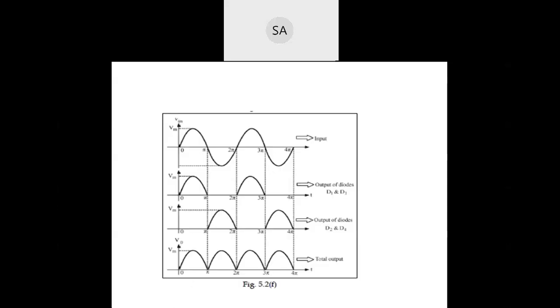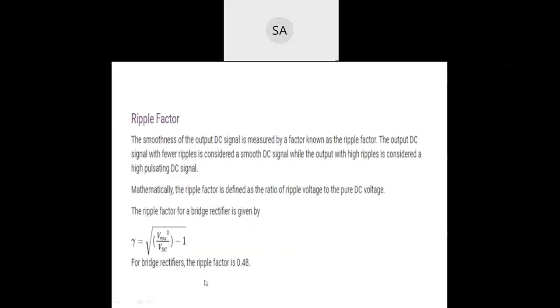During the positive half cycle, the current flows through the resistance RL. And during the negative half cycle also, the current flows through the resistor RL. So during this entire cycle, we take the sum of these currents in the load resistance. That is how the output is shown. So let us discuss the working of the full wave bridge rectifier.